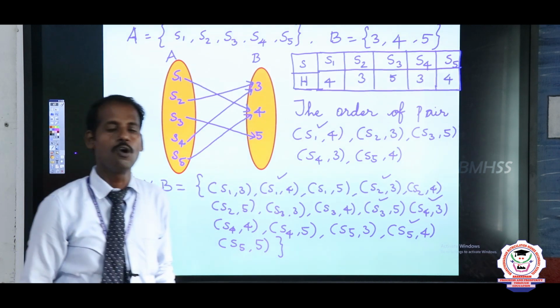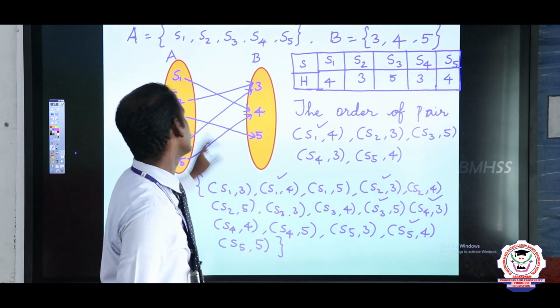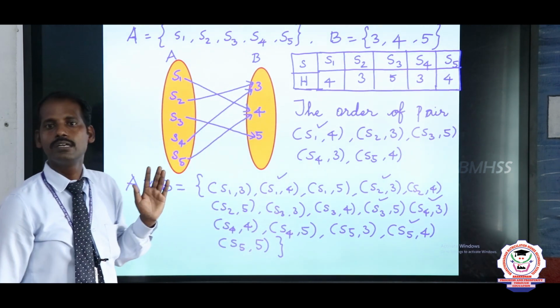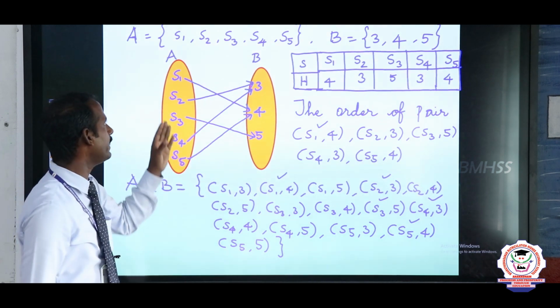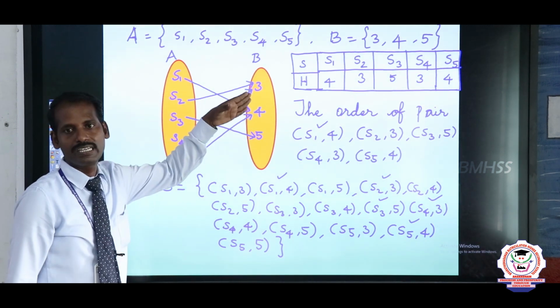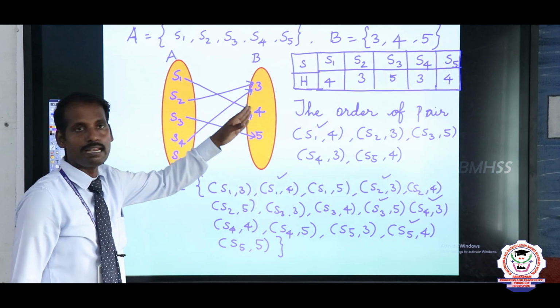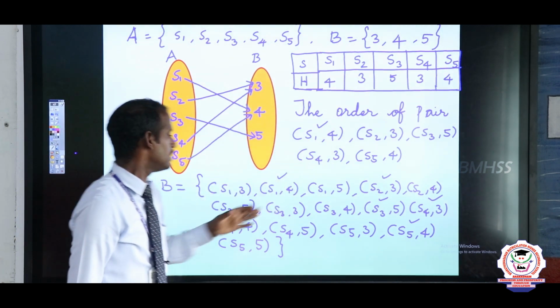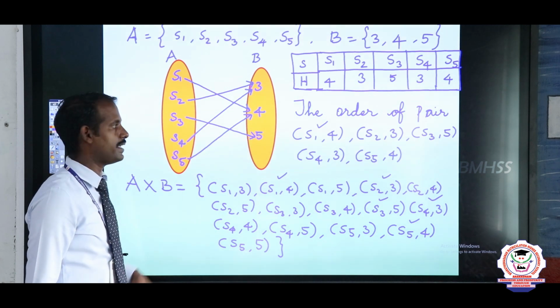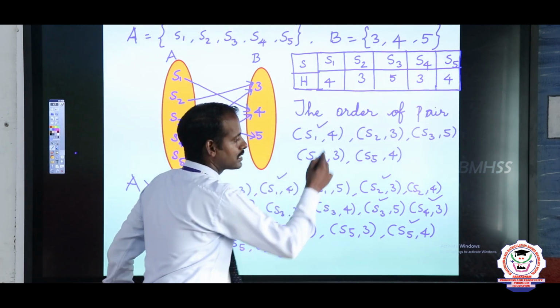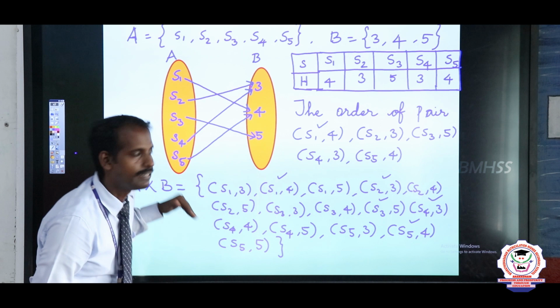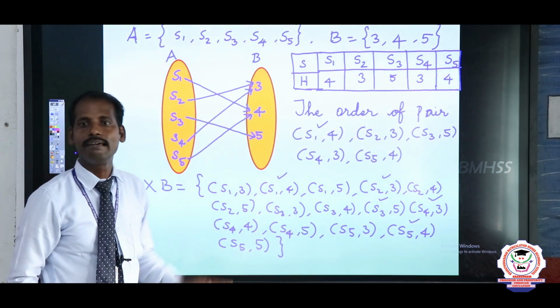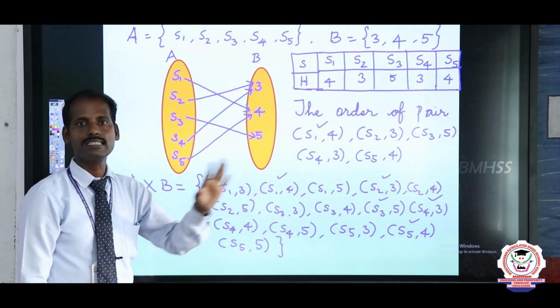That is relation. What is the definition of relations? Here A and B are two non-empty sets, and then A relates B. Then every element A relates B. Then all the order of pairs are a subset of A Cartesian B. All these elements are a subset of A Cartesian B. Then A and B are relation. That is the relation definition.